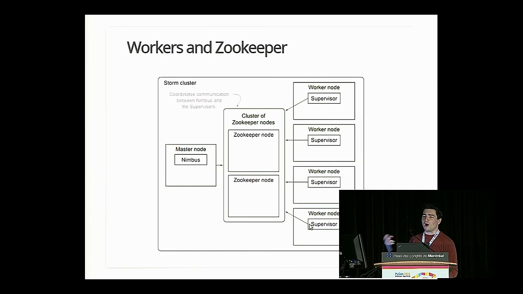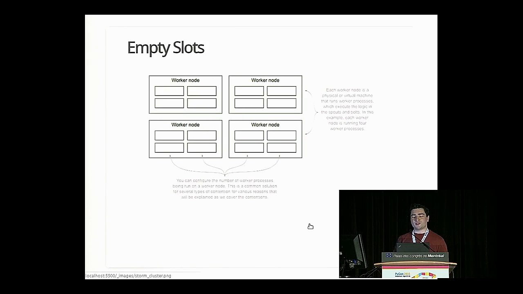The workers all are able to stay online through high availability with Zookeeper, and that's kind of just handled for you automatically. Now, worker nodes are interesting because they basically are like processing slots in your cluster. So when you first deploy a Storm cluster, you're going to have a bunch of worker nodes, in this example 4, and there's going to be empty slots for each worker node.